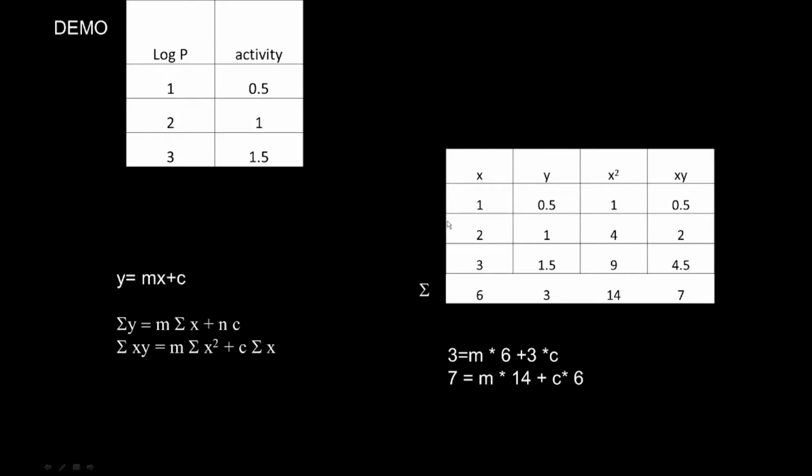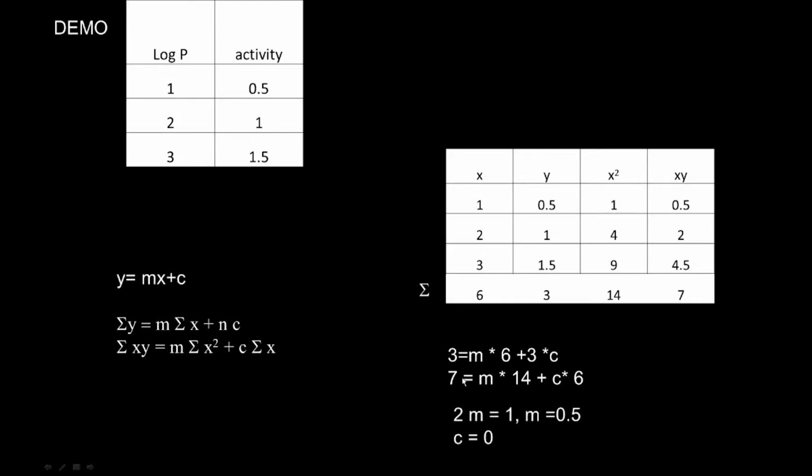So summation of x is nothing but adding up all the x values. Summation of y is adding up all the y values. Summation of x square is nothing but calculate x square, and then adding all of them. Summation of xy is equal to x into y, and then adding all this. So you develop two equations, two unknowns m and c. You can solve it, and you end up with c is equal to 0, m is equal to 0.5,